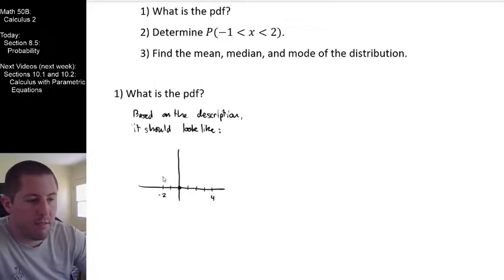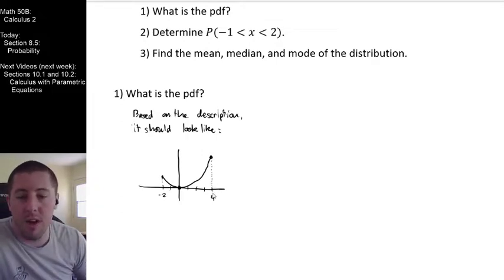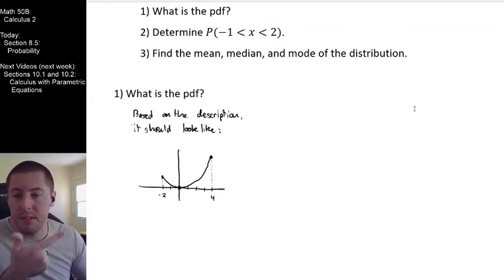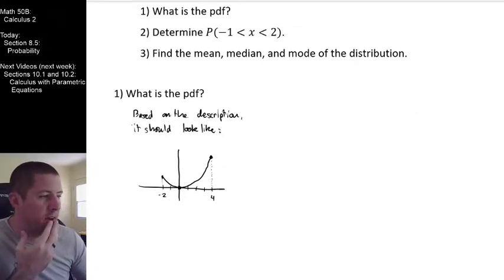So what I'm thinking is there should be some quadratic out there that maybe looks like this, where these are my end boundaries right there. I'm going to give myself my little dashed lines here. The problem is that I can't tell exactly which quadratic this is, because I don't know what heights those points get up to. But from the description, I know it's quadratic, with a minimum at 0, 0, going from -2 to 4. It experiences its maximum at 4, which must be the case given that it's quadratic.